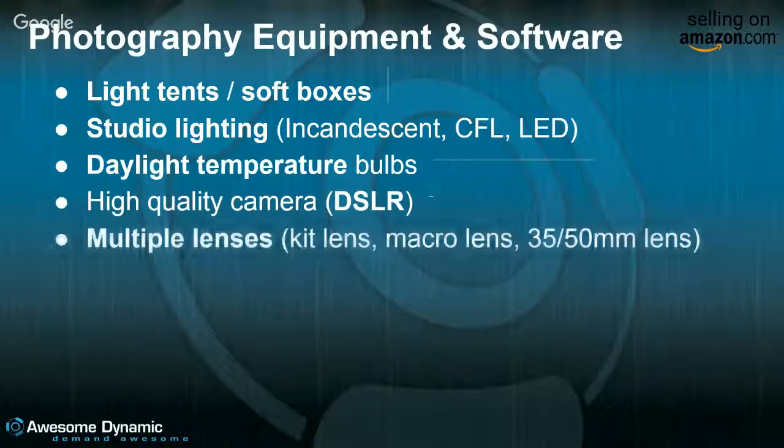And then the next thing is we do recommend getting multiple lenses depending on what kind of product you want to shoot. Most DSLRs do come with what's called a kit lens, which gives you some zooming capabilities. It's a wide-angle lens. This way you can get more of the product into the image. The only downside is that kit lenses sometimes introduce what's called distortion. So sometimes if you take a picture of something, the edges of it may look kind of curved instead of straight, whereas if it's a box, the sides are supposed to be straight. Well, kit lenses sometimes can introduce a